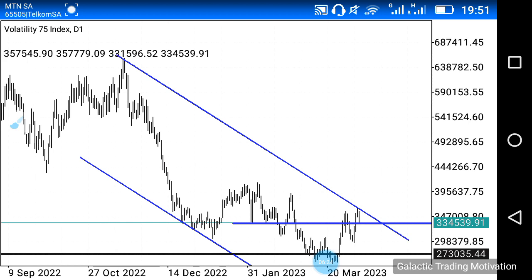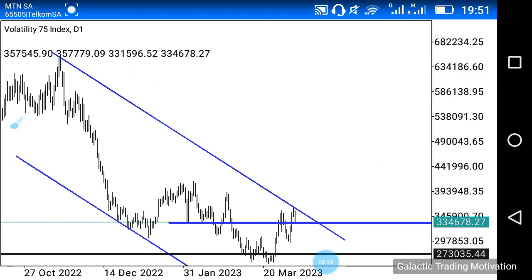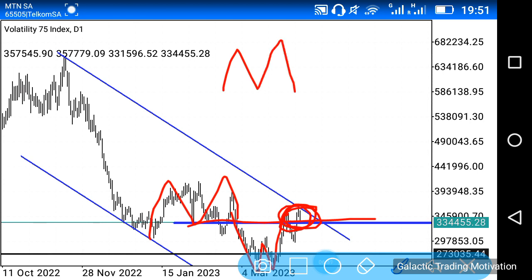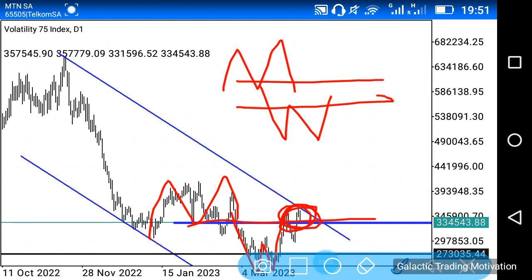And remember, guys, as much as we have this M structure over here, which has a neckline at that point, we also have a W structure at that point, right? So it makes buying or selling at this point very, very risky. Why do I say so? That is because we have two opposing structures. Number one, we have the M structure, which is over here, right? And number two, we have a W structure, which is at this point, more or less, and they both have necklines in the same areas, and the market is somewhere at this point, right?